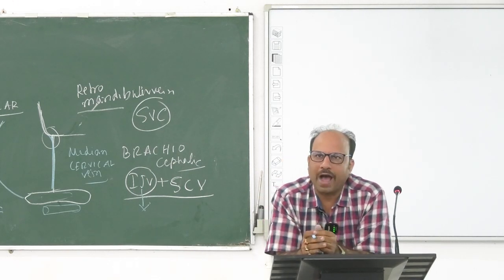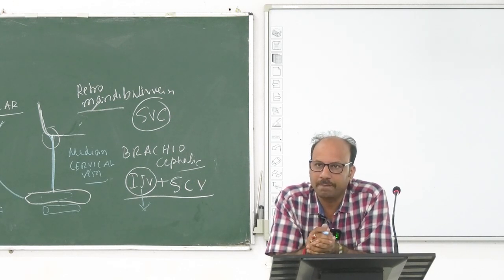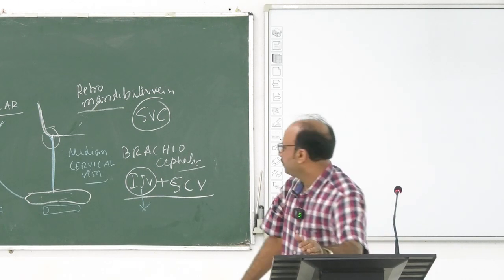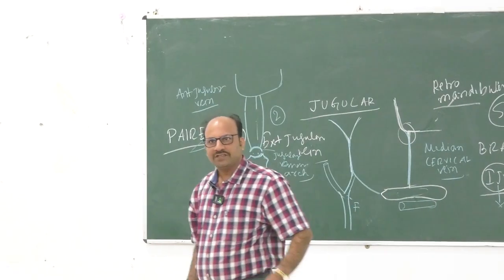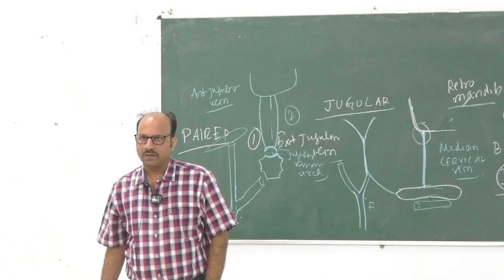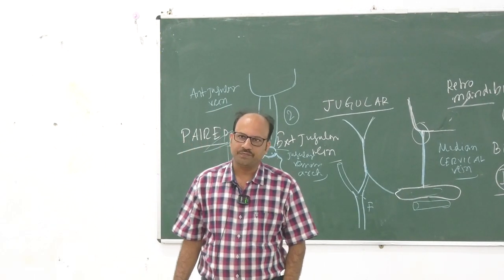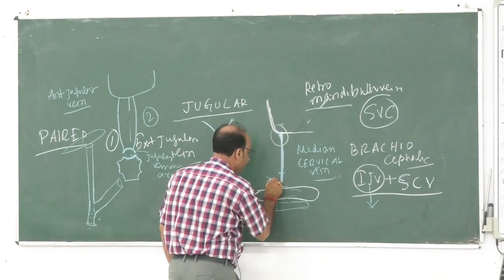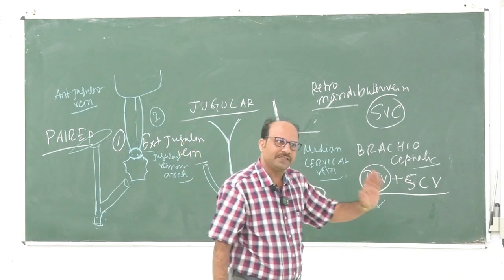External jugular vein-এ কোনো valve আছে? External-এ, internal-এ বলছি না, external-এ। আচ্ছা, কারণ external jugular vein pierces the deep fascia। কখন, কোথায় pierce করবে deep fascia-কে external jugular vein? Clavicle থেকে ঠিক 2.5 সেমি ওপরে, 2.5 cm above the clavicle, it pierces the deep fascia,